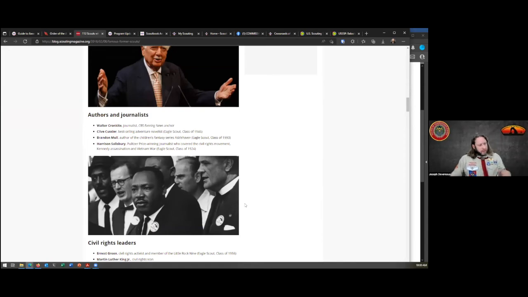Scoutmaster's Minute. You know, there's lots of stuff you can do from that. Interesting. I'm just reading through these authors and journalists. I've not read Clive Cussler's books, but I know my father-in-law enjoys them. Brandon Mull, another author I know my kids read.